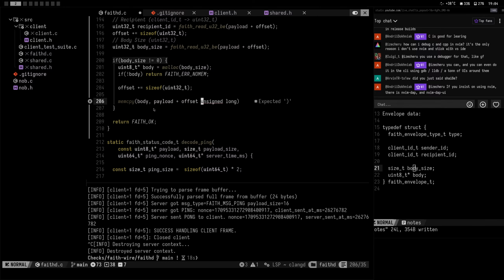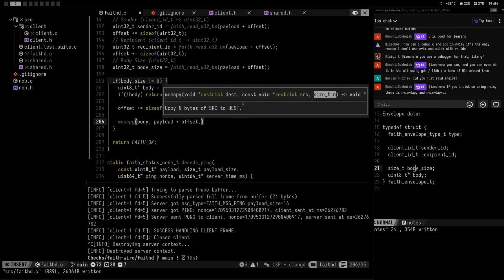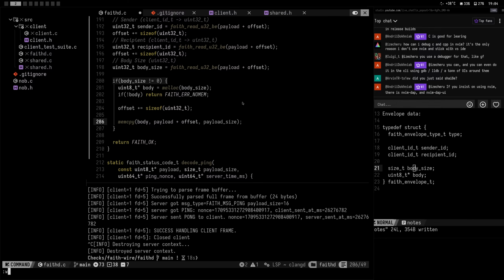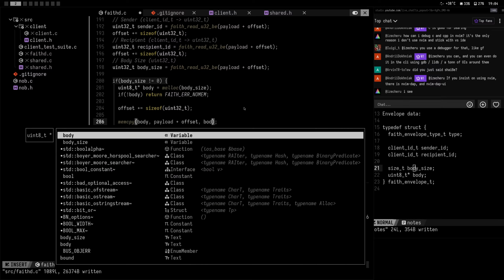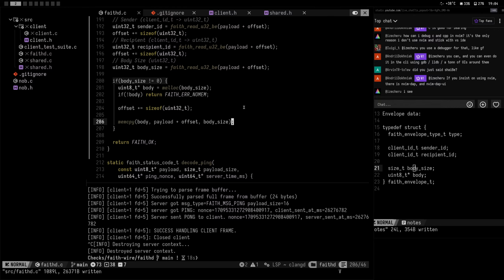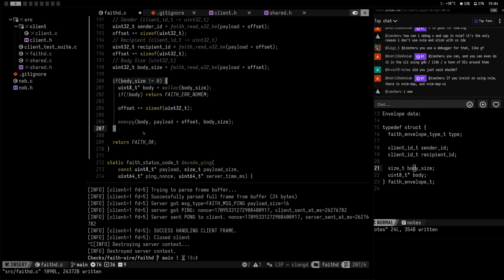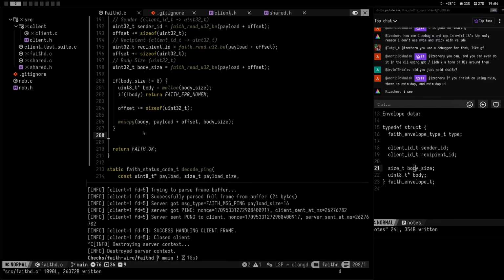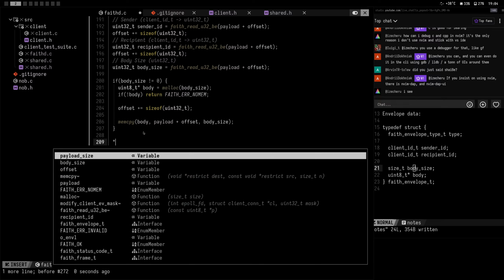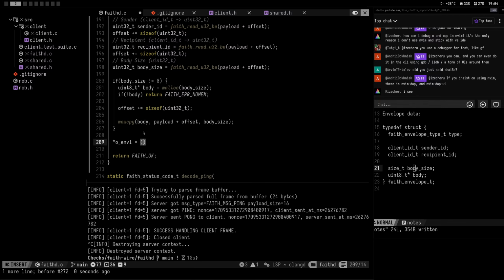Okay, body plus offset, and then payload plus offset, and then we want to say payload size. No, body size. Okay, so here's the body, and then we copy the body into our body. There are probably many errors in this code, but let's just say ENVL is equal to